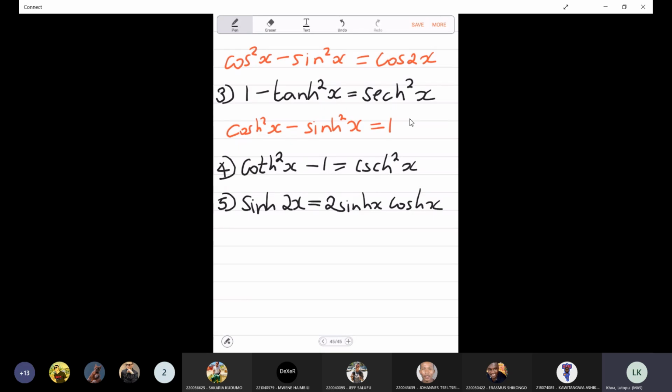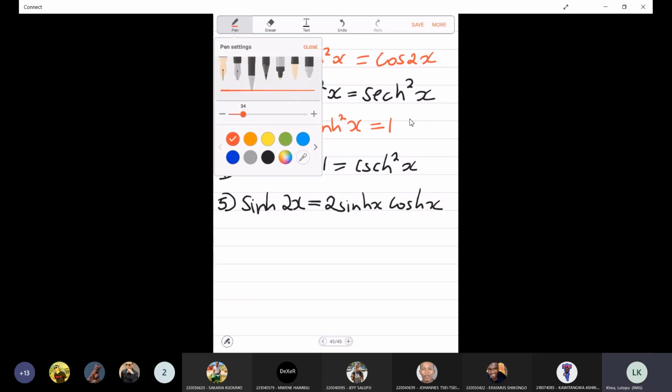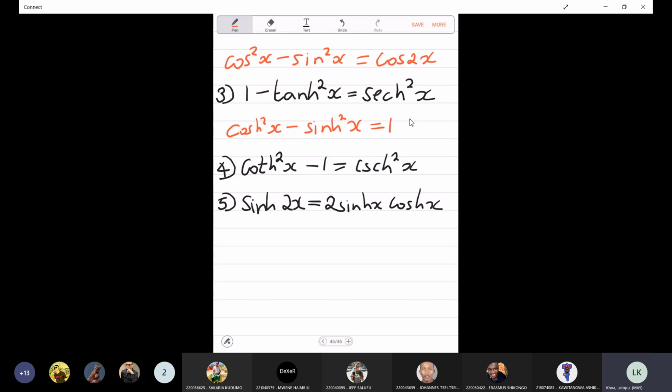So you can also try and work out this one, maybe think about it. Hyperbolic sine of 2x, by definition, this is what it is equal to. And for this one, I think you can use your difference of squares to write this out. So e to the power of